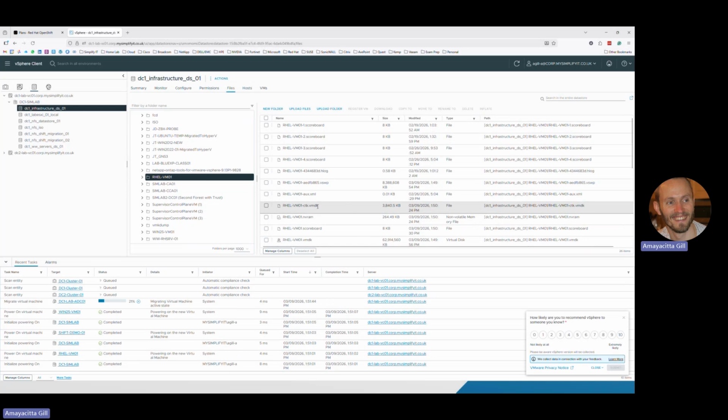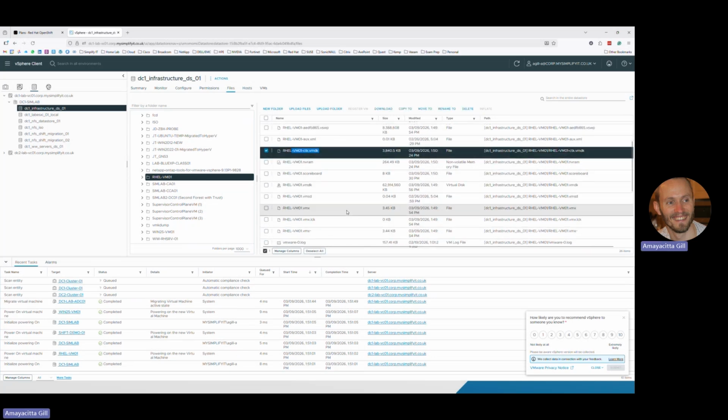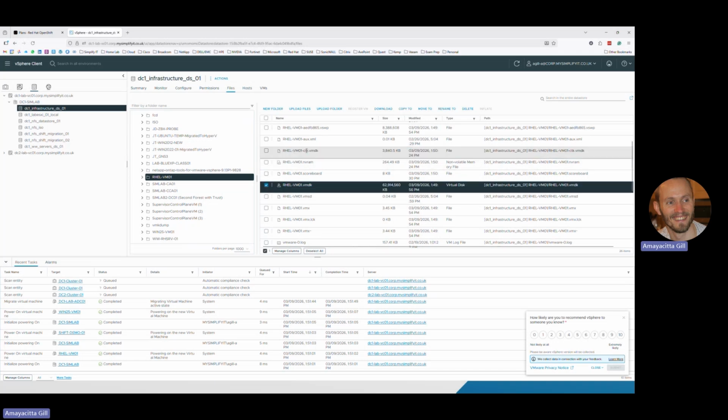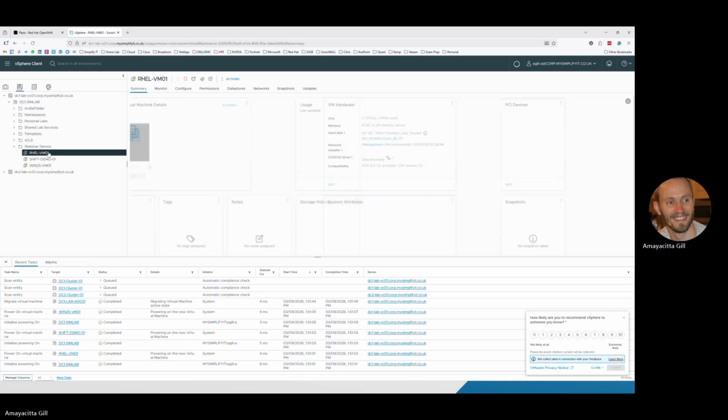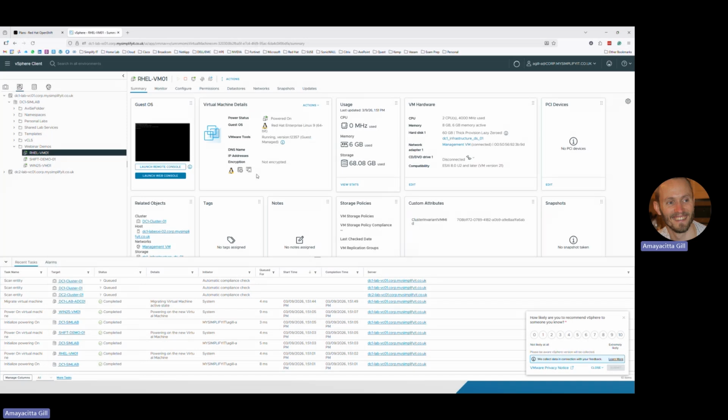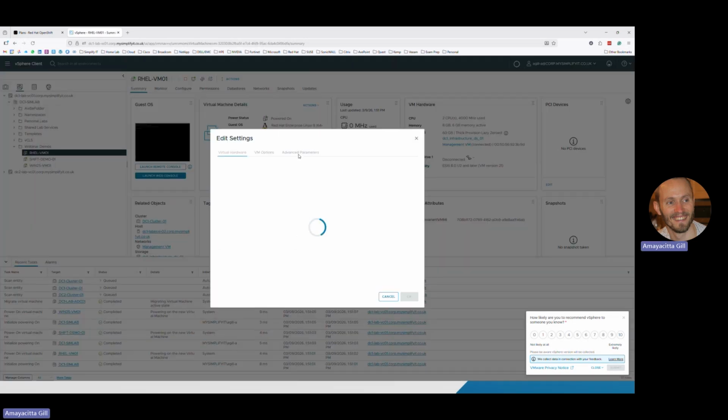So we're looking for the CTK files here. So here's your VMDK. Here's the change block tracking file, which gets created when you enable change block tracking. To do that within the VM under advanced parameters,